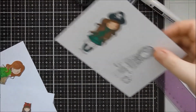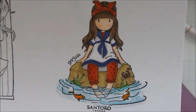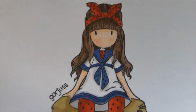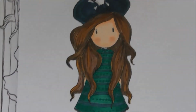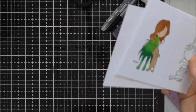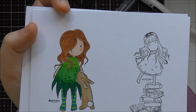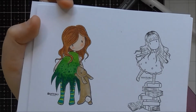So I just wanted to show, I love these little images, but they're just so tiny. But using these EverBlend markers is just really easy to colour them in without going outside of the lines, but still getting some shading. Like, I've still got shading in her hair and on her hairband, around the collar on her dress and stuff. You can still get that shading, and like in her hair in here, because the tip of them is so fine, and it doesn't actually seem to soften too much over time. I think in the last video I said that I wasn't sure how the nibs would wear over time, because obviously I'd only had them for the few weeks that I'd been playing with them before I did the video, but